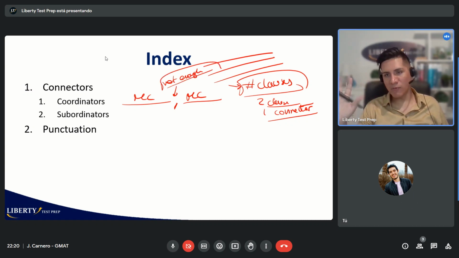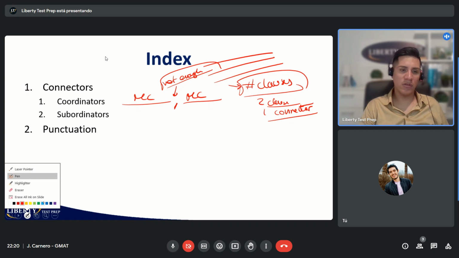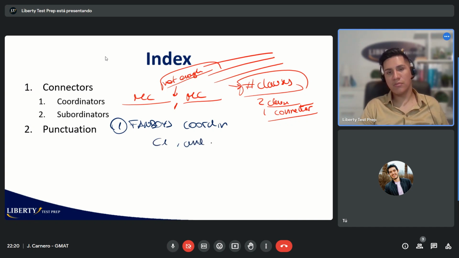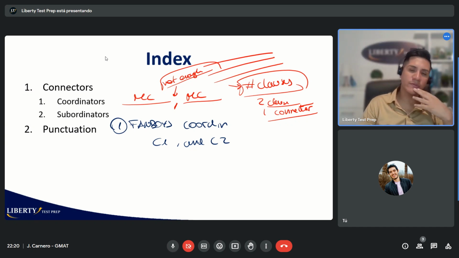So we have five types of connectors, actually three that are important. The other two are basically not too important. The first one would be the FANBOYS, also known as coordinators. So you can have clause number one, comma, "and," clause number two. That would be your relationship there. Number two,